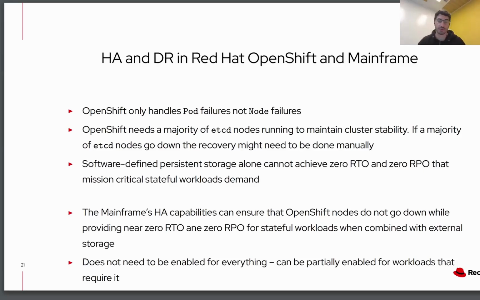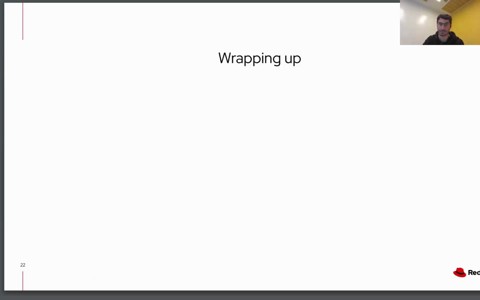So there is also an interesting aspect, which is that you can pick and choose which kind of HA you want to have. You don't have to run every single application with the same level of HA and DR, because obviously that would be costly. But you can pick and choose to ensure that you always are running at the correct level with the correct insurances around HA and DR based on the specific workload that you are talking about.